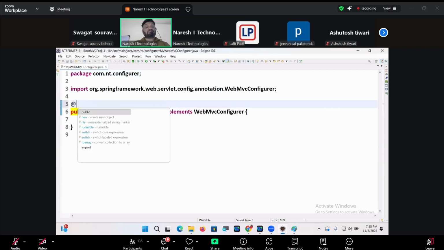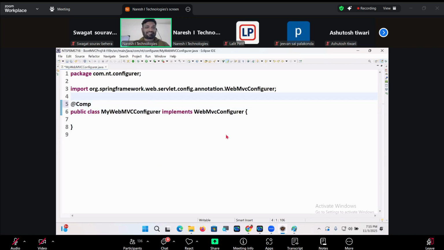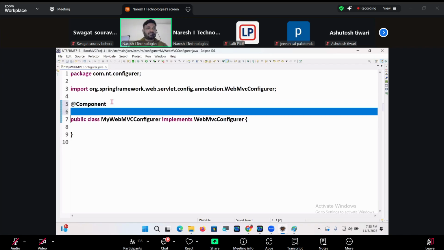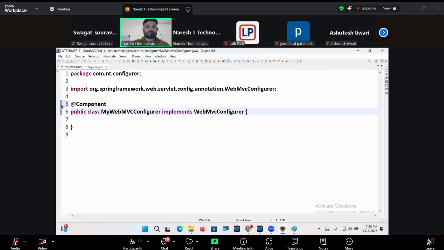Huh? @Component is not coming. Is it a Spring project or something else? Fine, let it be. @Component. Public class MyWebMVCConfigurer implements WebMVCConfigurer. Yeah, that's good.